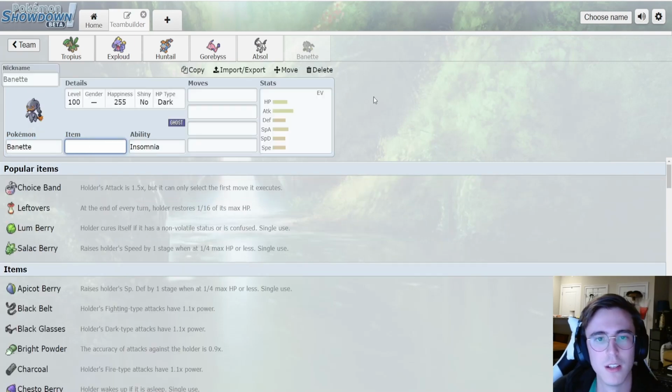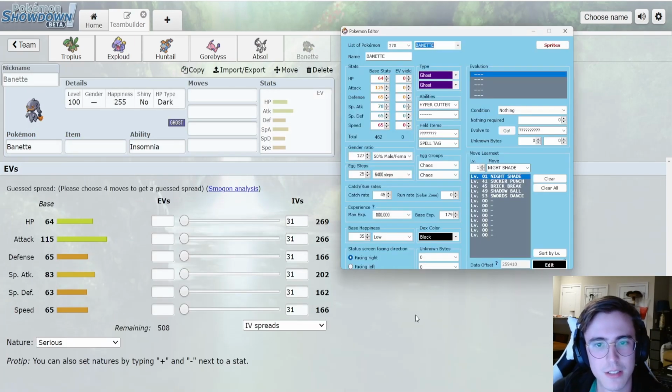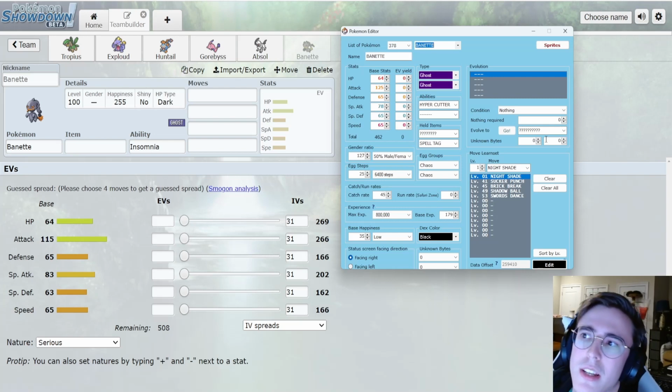Let's see. Banette got a slight increase to its attack at 125, so it's now even hitting harder with its Ghost type moves. Slight decrease in its special attack, slight increase in special defense. I don't think anything else was changed. I mean, Banette, I definitely wanted a really hard hitting Ghost type Pokemon. I think Gengar